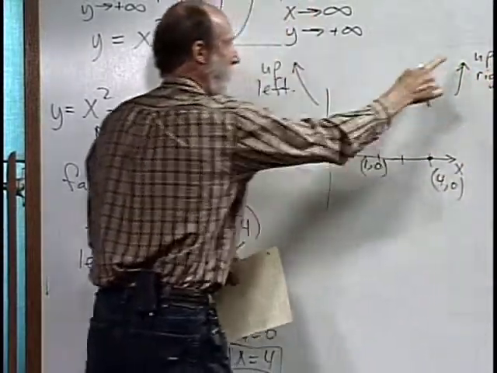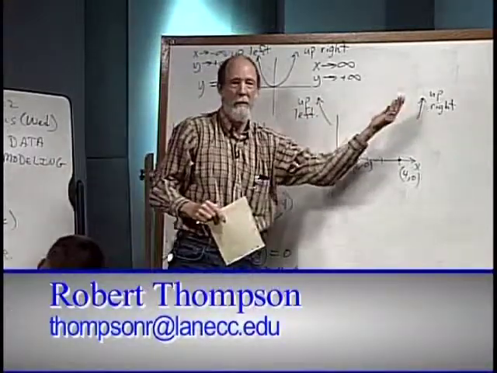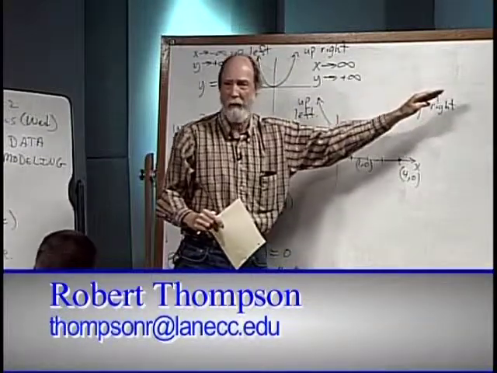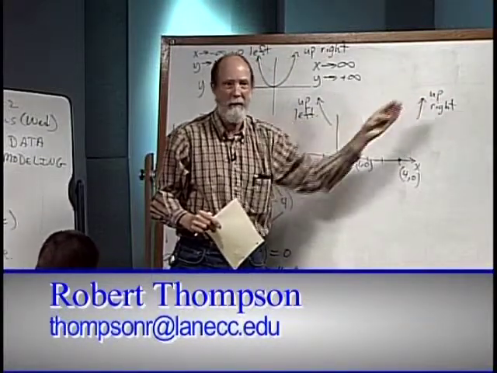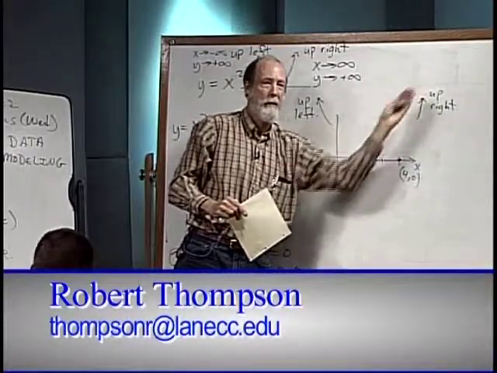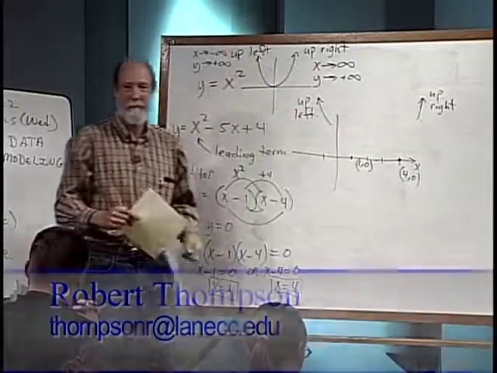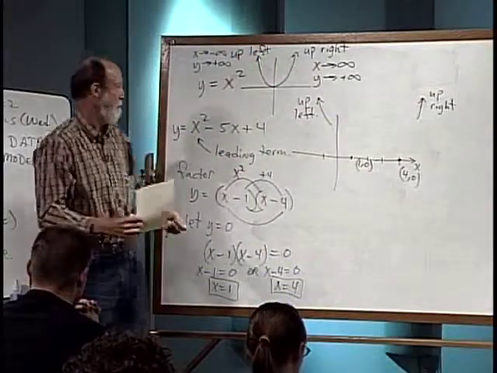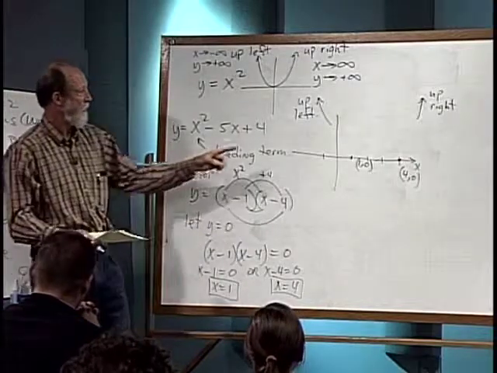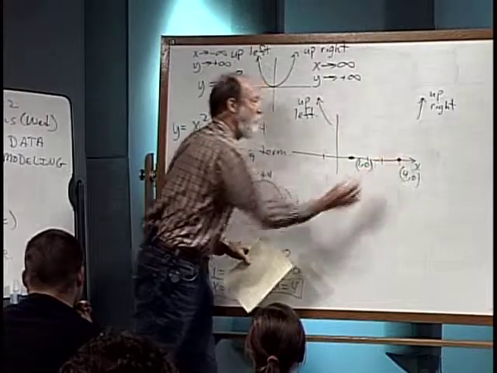Notice the way I'm drawing those little arrows. They're getting steeper. They're not turning over this way. That is important with polynomials. The end behavior will always sweep upward, not turn over like it's coming in for a landing. Important. Okay. So, sketch. Can I put any more detail on here besides these two zeros and the up left,